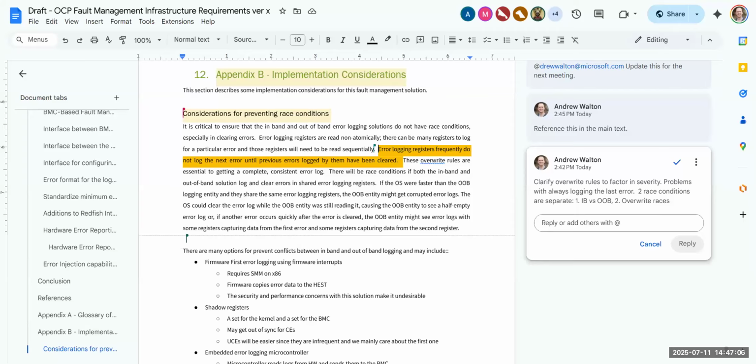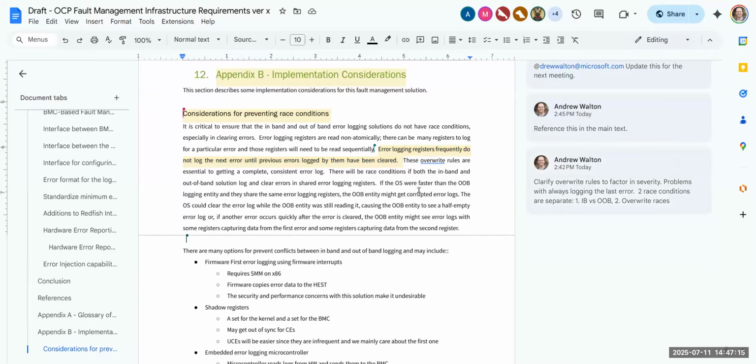So the race Drew's talking about is fundamentally tied to the non-atomic reading of the registers. If you have a status and an address register, and the software reads the status register, you really want the address register to remain constant until the software has read it, right? The way you handle that with a severity change is you read the status register, see what the severity is, go read all the other stuff associated with the error, and then when you're done, you read the status register again and ask, is it still the same? If it is, then you know it wasn't overwritten if the severity didn't change. But if it did, then your error log is toast and you reread everything.